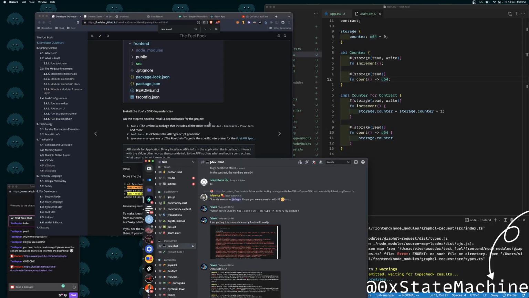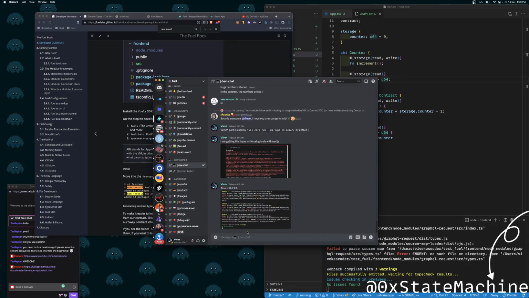Let's ask them, although they're not responding as of now, are there any standards for fungible and non-fungible tokens?